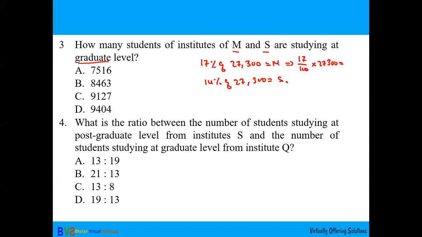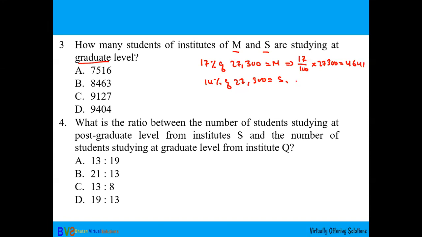You can do this mentally: 17% is 0.17, 14% means 0.14. So you directly multiply by the total number of students. All right, so 0.17 times 27,300, you are getting